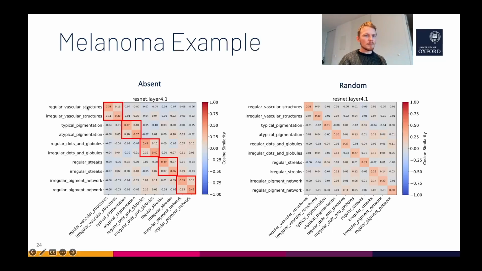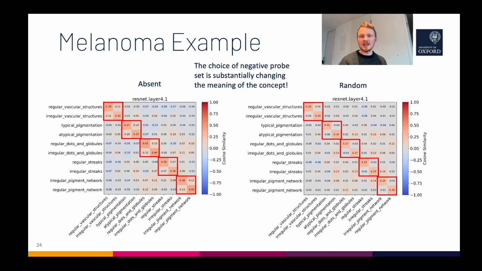So for regular vascular structures, the concept that is most similar to that compared to all the concepts that are present was irregular vascular structures. And same thing for each of these other pairs of concepts. And when we use the random ones, that's not the case. Actually, these concepts seem to be close to orthogonal. And this was a little worrying and actually shows something quite